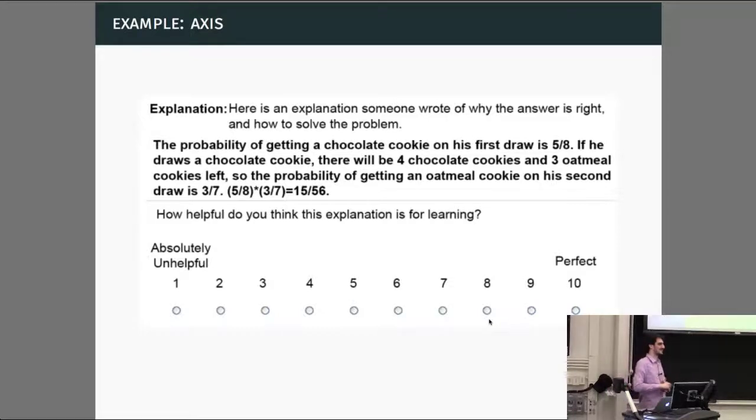Or distribution, like, maybe let's say the true mean of this explanation is 8, but because users are noisy, some people think it's not helpful, some people think it is helpful, so the mean is actually noisy. So there's actually two levels of noise in some sense. One is that the explanation might have varying levels of helpfulness to different people, right? So there's a distribution over that, and maybe the mean is high or low, but there's some distribution. A second is that there's some noise because people don't know how helpful an explanation actually is to them, which I guess is a level of noise that is not typically modeled in multi-arm bandit. We're going to assume that's not there.